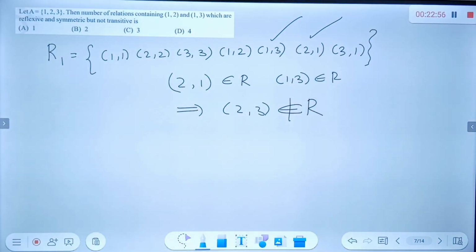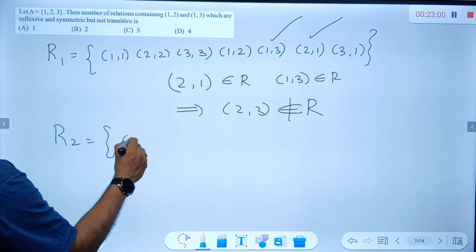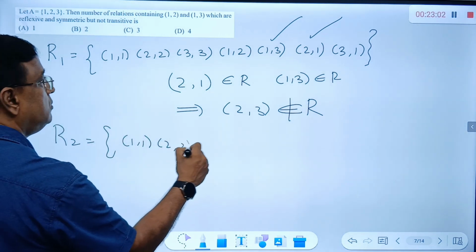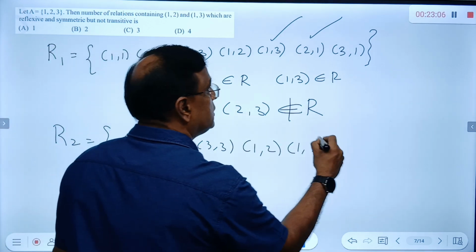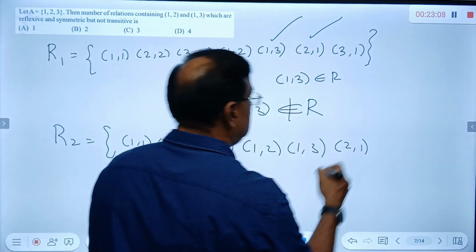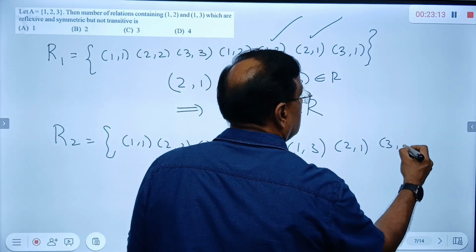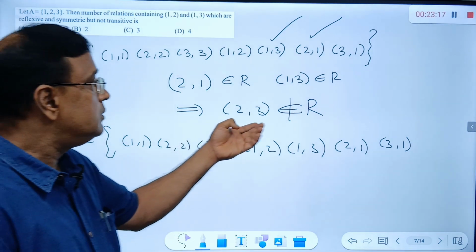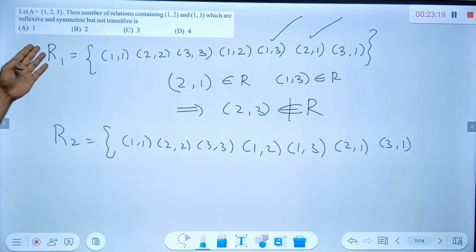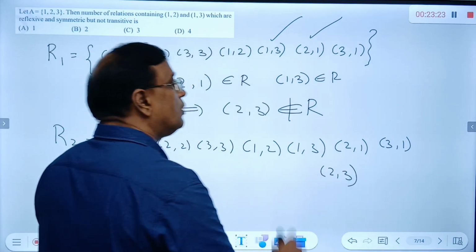Okay. And if I look for R2, see this is 1 comma 1, 2 comma 2, 3 comma 3. I should have 1 comma 2, 1 comma 3, 2 comma 1, and 3 comma 1. But this will be the same example as R1. So what have I left out? I have left out 2 comma 3. If I add 2 comma 3,